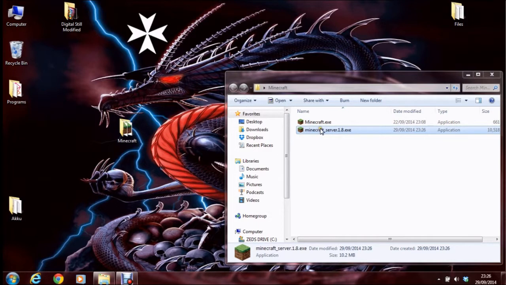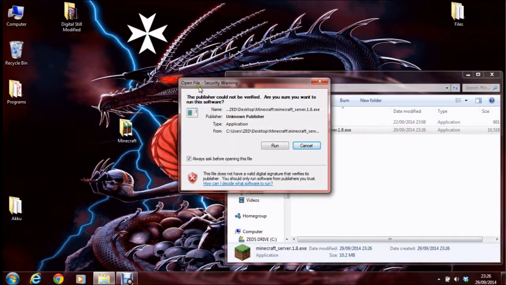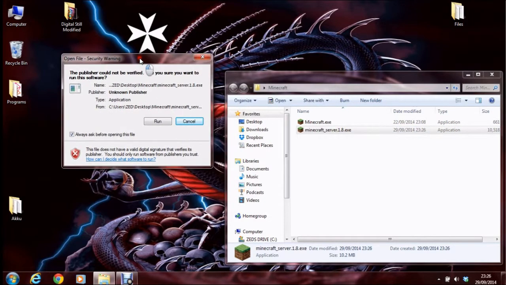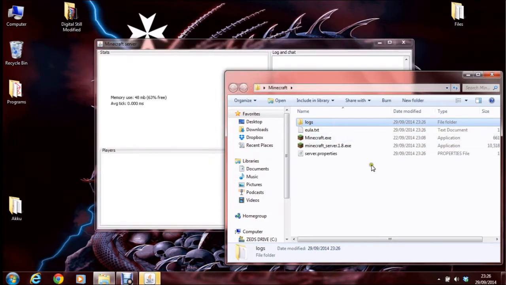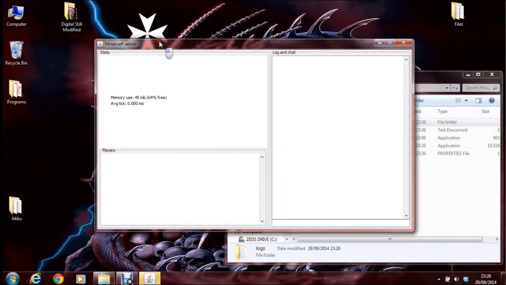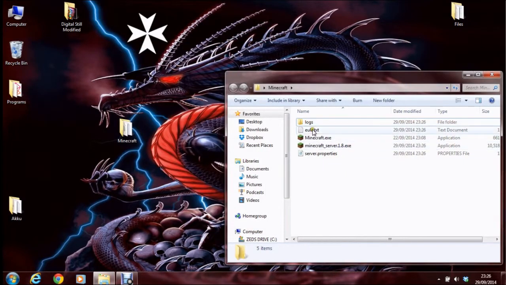So I'll open the server folder. Now this is just a security window, this is fine. It's safe to click run. What you can do is untick that so you don't have to click run again. So for now I'll leave it as it is, click run. Now you'll see some files start popping up, and there's the server window. Server's not ready just yet, so you need to close it down, and then you need to open this file,